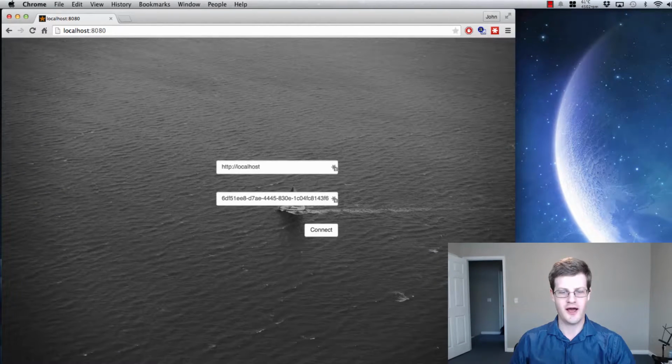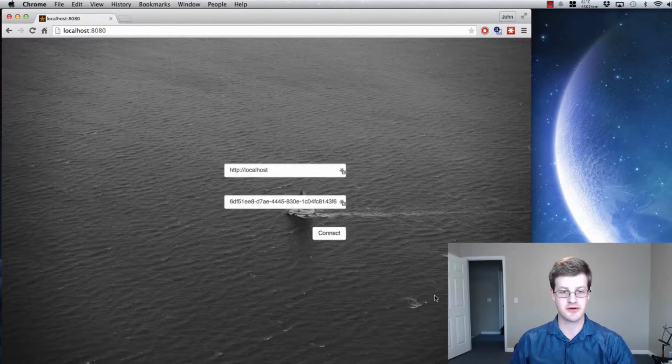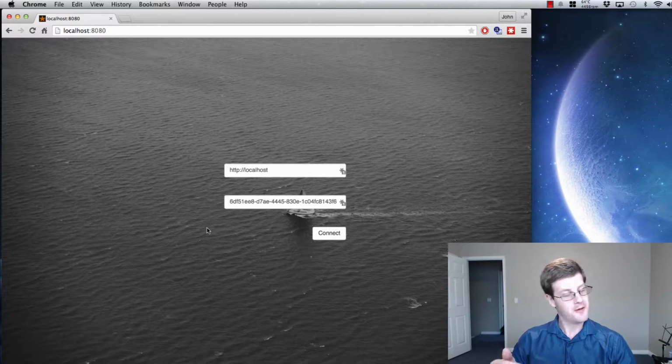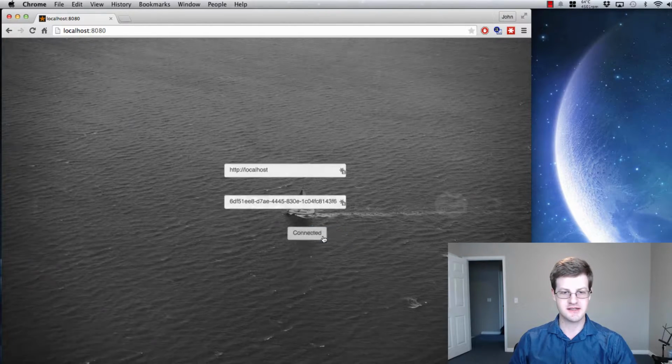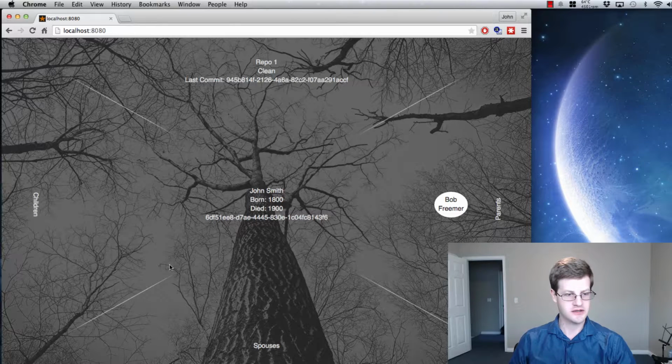I am so happy I can use CSS3 on this. There's so many things I would have had to do in pure JavaScript that I don't. I can just do in CSS, which is nice. So when you hit connect, it sits there, and actually,